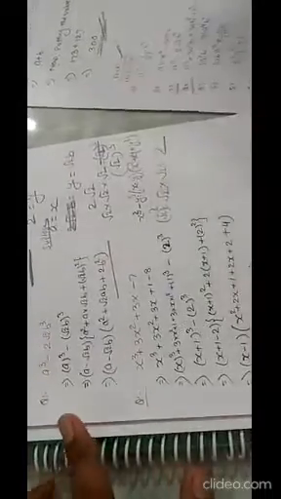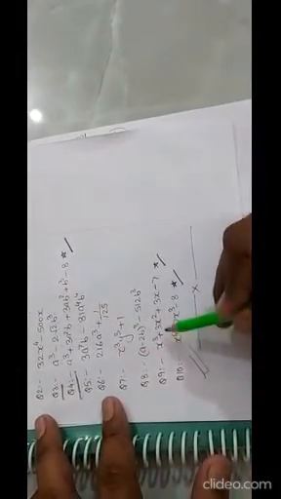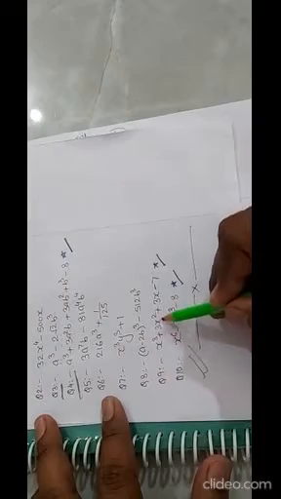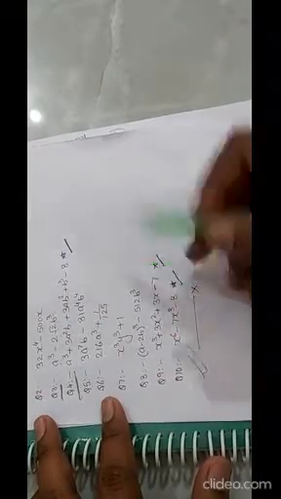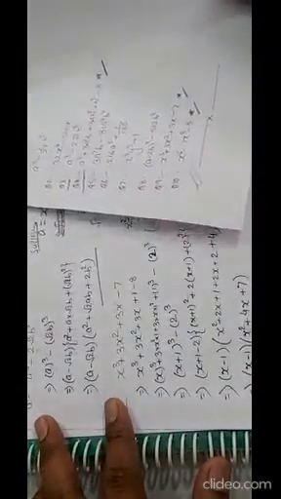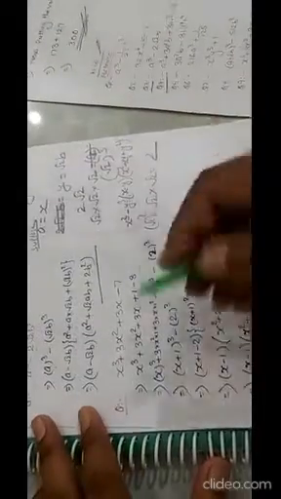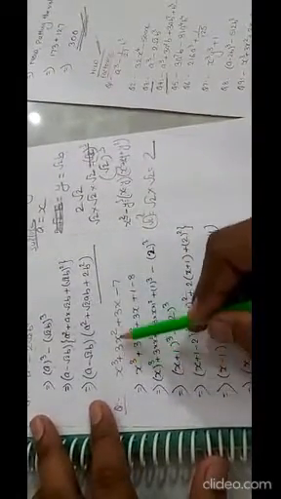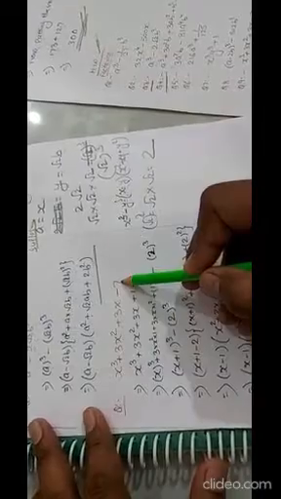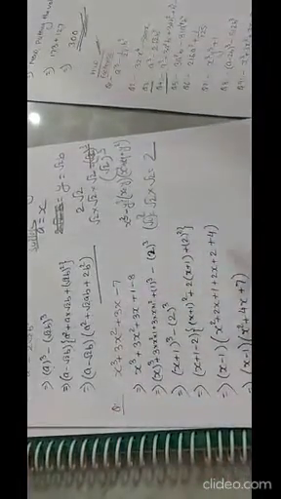This is another question. Now the last one question. No, I think it's the second last question. Once again, this is x cube plus 3x square plus 3x minus 7. The ninth question, I will have to discuss it. The question is x cube plus 3x square plus 3x minus 7. We'll have to discuss this question.